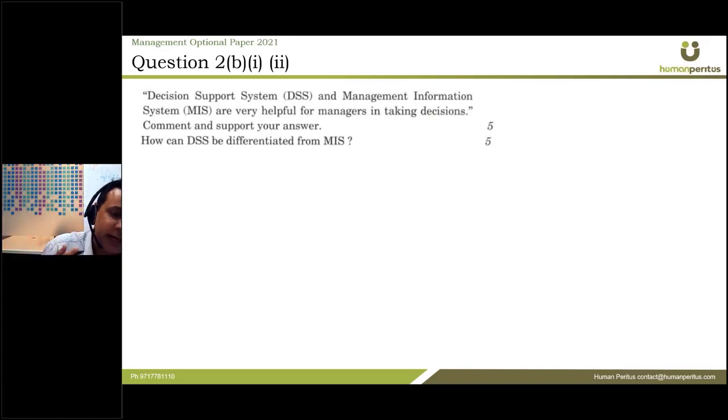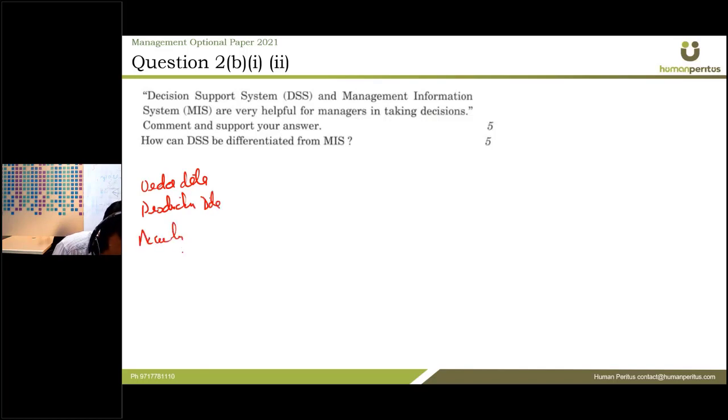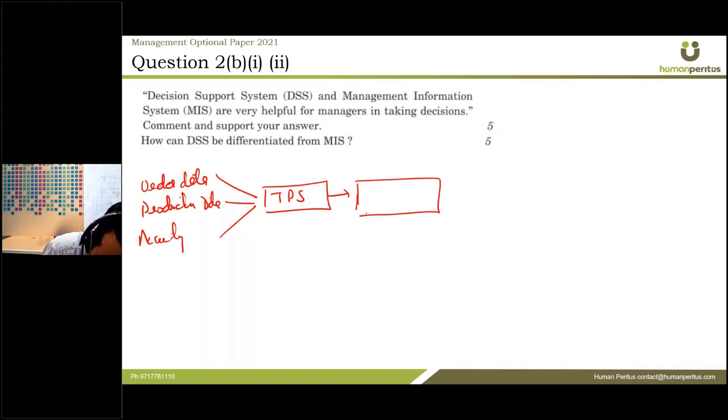सो गाइज किसी भी IT सिस्टम में, किसी भी कंपनी के, लॉट ऑफ रूटीन डेटा कम्स इनटू योर TPS, जैसे कि ऑर्डर डेटा, जो आपका कस्टमर ऑर्डर डेटा आता है, योर पॉइंट ऑफ सेल POS डिवाइस पे, मे बी योर प्रोडक्शन डेटा, मे बी योर अकाउंटिंग डेटा। सो गाइज ये सारा डेटा मिलके कहाँ जाता है, तुम्हारे TPS में, ट्रांजैक्शन प्रोसेसिंग सिस्टम। सो इस TPS से डेटा गोज इनटू MIS, और MIS से यू गेट रिपोर्ट्स।